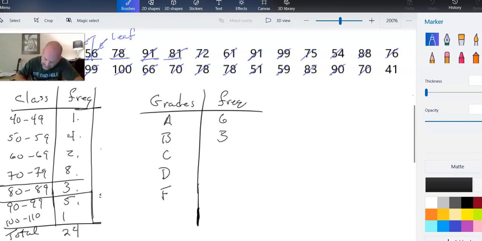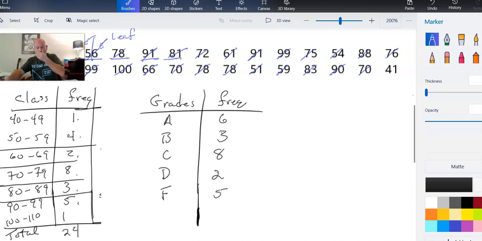And then C's are going to be 70 to 79. There's 8 of those bad boys. And then D's, there's 2 of those. And for F's, we actually have to combine these last 2 categories. I have 5 F's. Okay, now